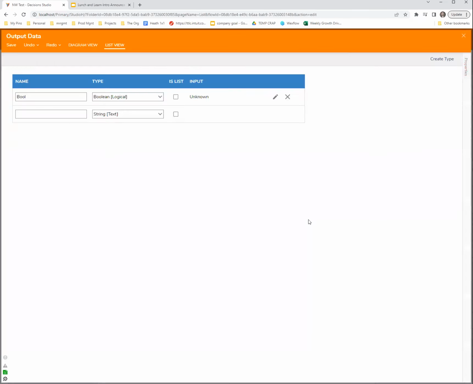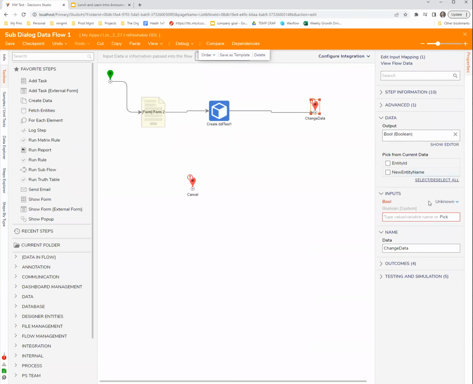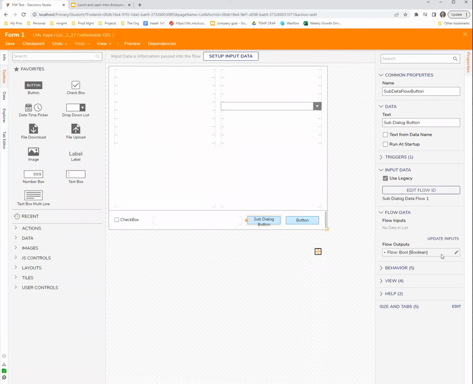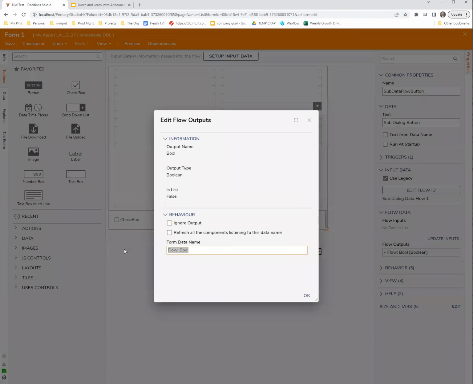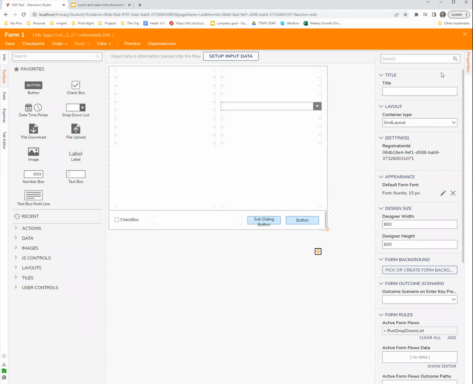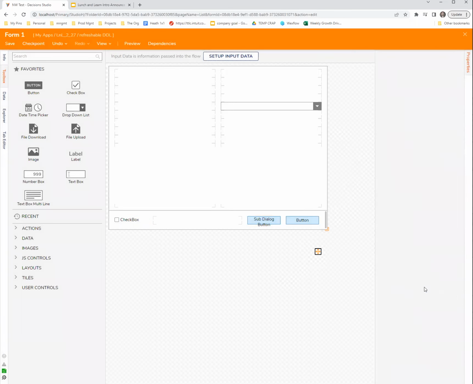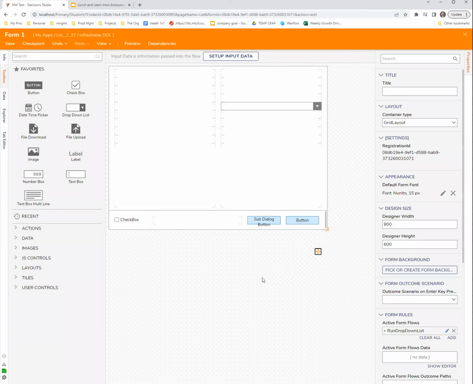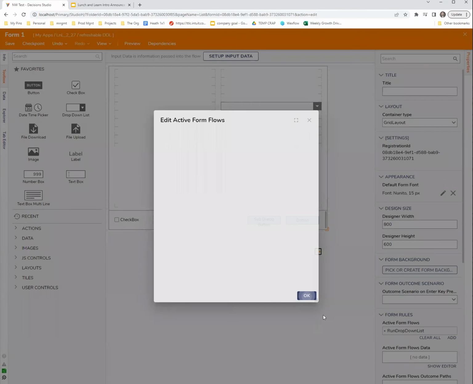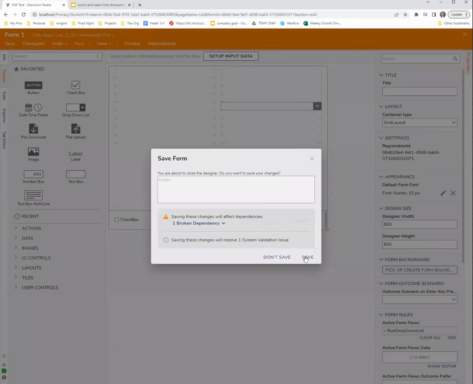What I'm going to do is just use this checkbox to trigger this thing. Set this to true all the time, so every time it runs, it's true. And then here, I'm going to copy this name, and I'm going to set the checkbox name to that special flow colon name. Then I'm going to come to my active form flow, and I'm going to add checkbox value changed as a trigger. So if I'm right,